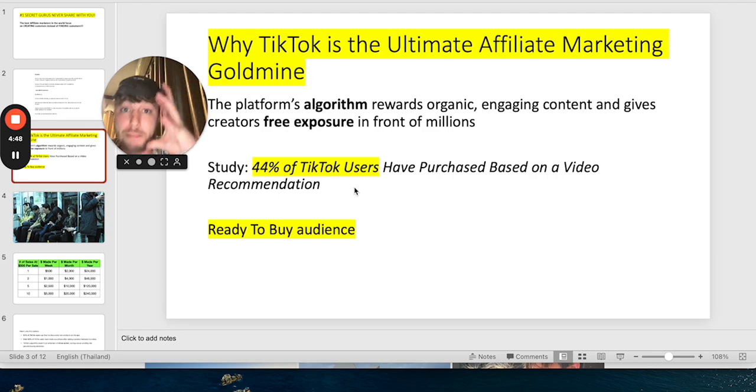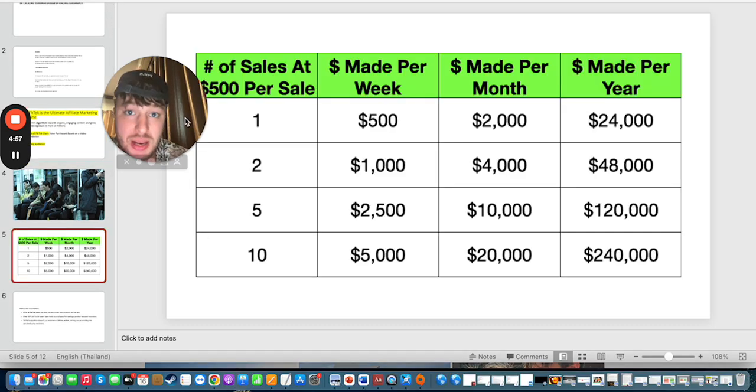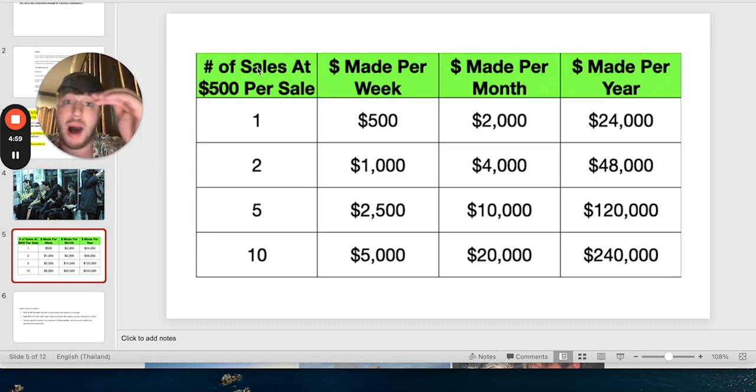That's the simplicity, okay? Keep it simple, but also deep psychology of TikTok affiliate marketing. You can see how fast you can make money. You see, if you're getting all the upsells, of course, for weight loss supplements on ClickBank, right? One sale per day, one sale per week for $500 is $2,000 profit per month. If you have 5 sales per day per week, you're making $10,000 per month, or $20,000 per month. It's entirely up to you how much you want to make.